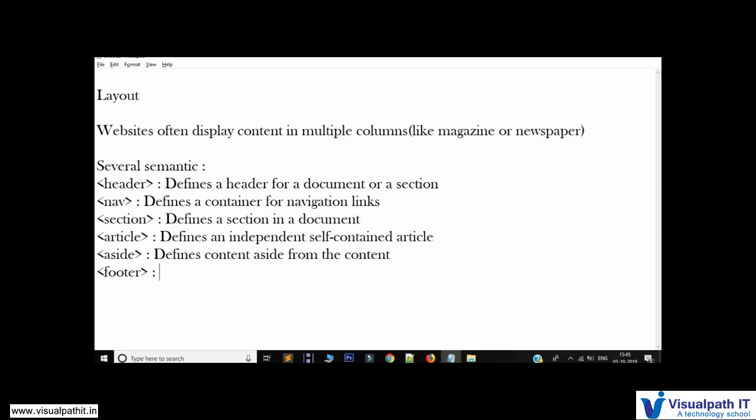And the next one is the footer. Footer is basically for defining the follow links, YouTube, Facebook, something like that, or the author names and all. Author name or something related to that. Okay,